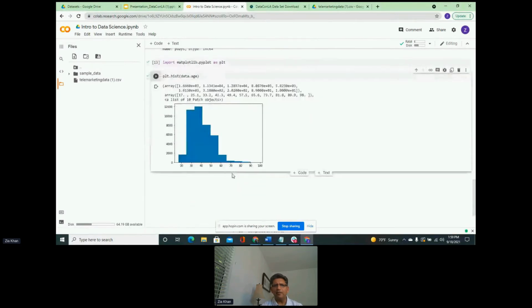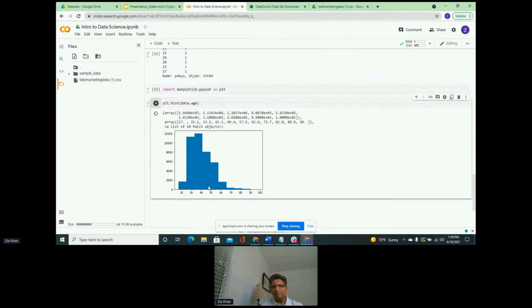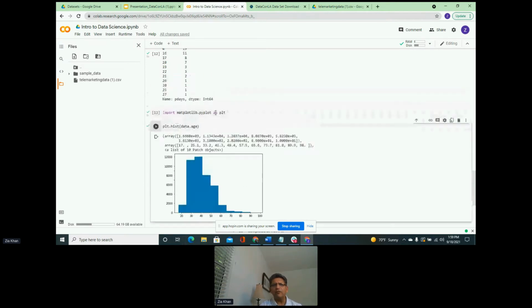And once we build the histogram, you can see that there is a long tail on the right-hand side. So from a statistics point of view, this is not normally distributed. Is it close? Yeah, maybe it is close enough, but it is not normally distributed. A normal distribution should have the same kind of tails on both sides, more like a bell curve, with nice tails on both sides and the majority of the data in the center. Here we have a long tail on the right-hand side, and it goes up till 100, which kind of confirms the fact here.